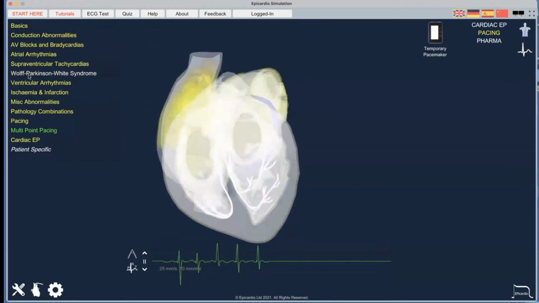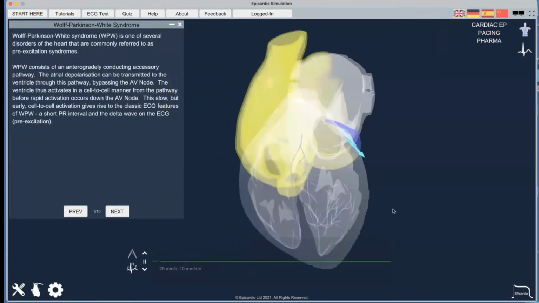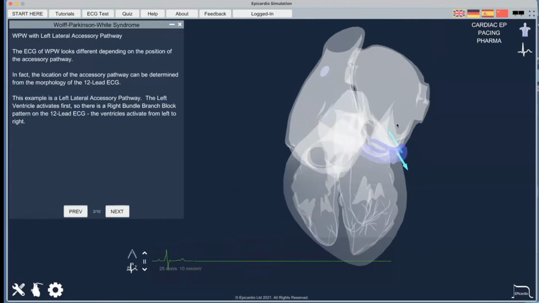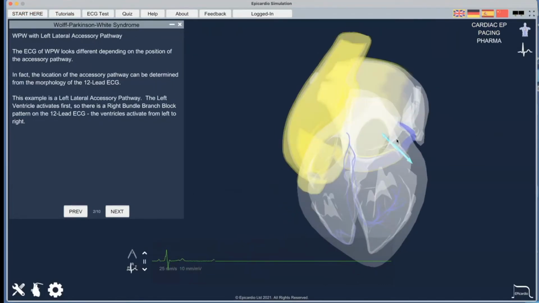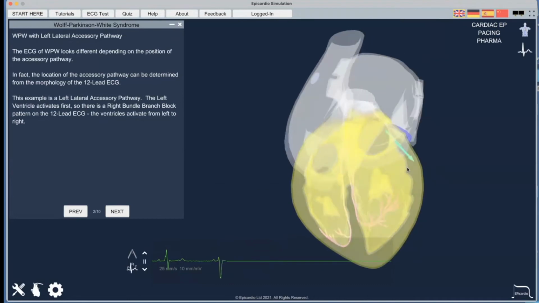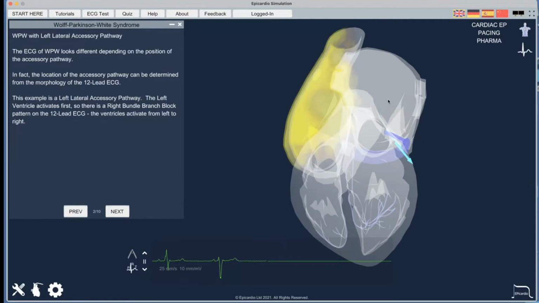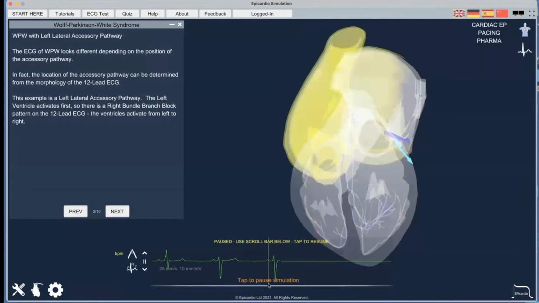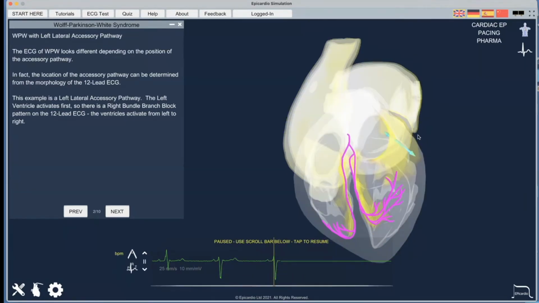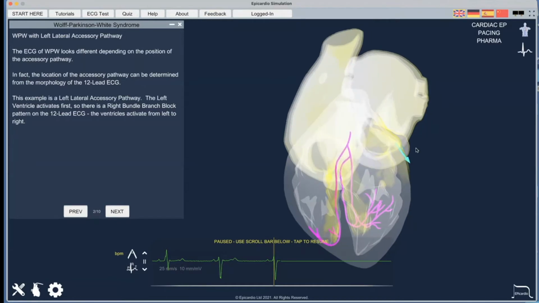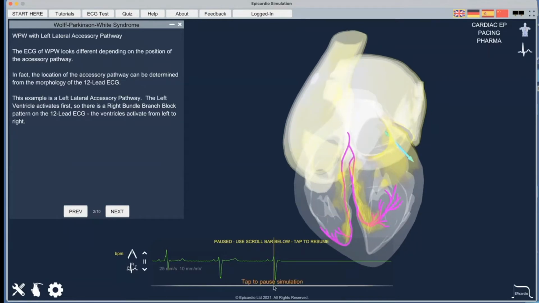Let's go to, for example, WPW. Here we'll see examples of accessory pathways. You see an accessory pathway symbolized with blue arrows here. And we'll see that there is an entry from the left atrium into the left ventricle. Look at this. If I go very slowly, I get entry here from this arrow. So I get entry to the ventricles from the normal pathways, but I also get an accessory entry